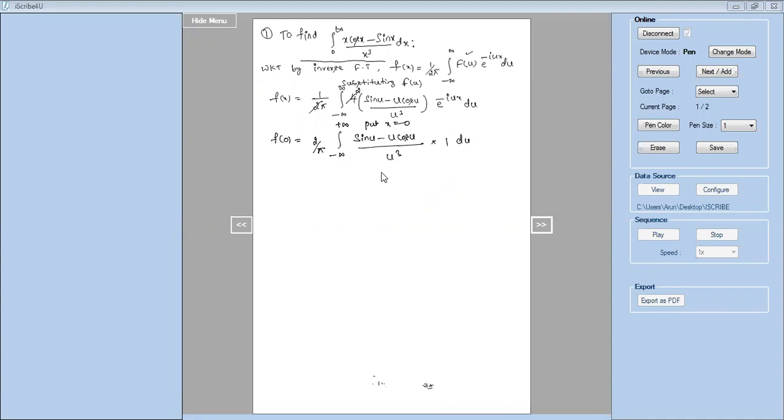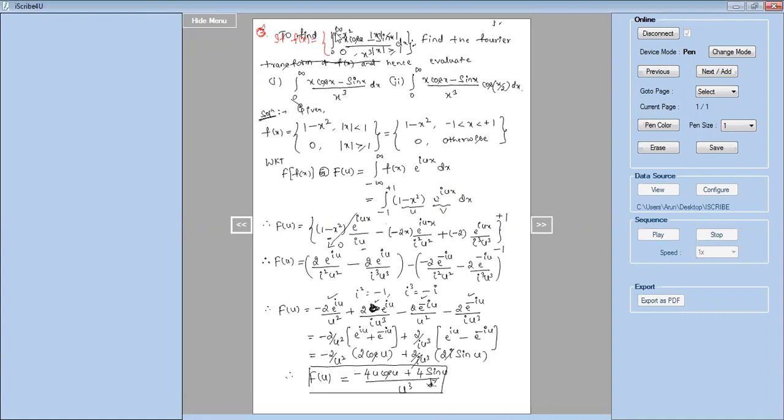Leave it. Now I want to know what is the value of f of 0. So what is the value of f of 0? You can observe here, f of 0. So see the function. The function is 1 minus x square, the given problem actually. See this, 1 minus x square is the given function. If I put x is equal to 0, f of 0 becomes what?